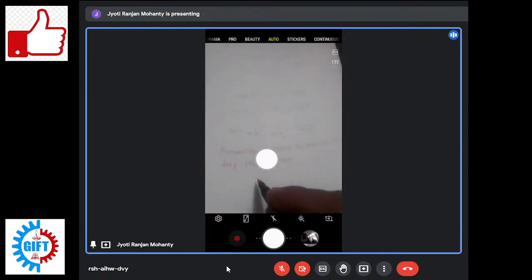What is the formula for probability? P is equal to psi x mod square. I told you, probability is equal to the square of the wave function, not the square of the amplitude. Since we have different quantum states, we can put psi n. Okay, understood? So if you take the square, I am directly writing 2 by